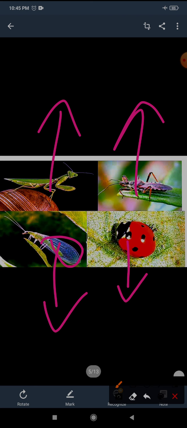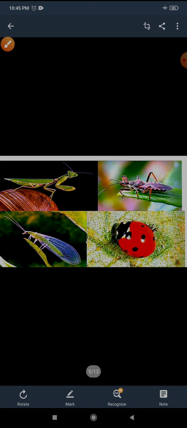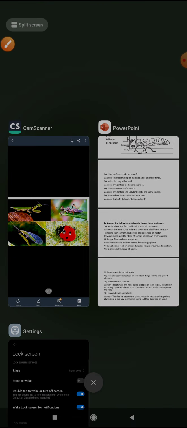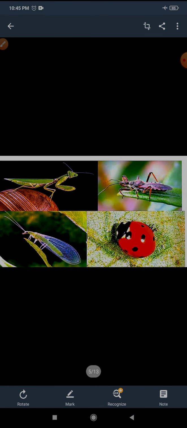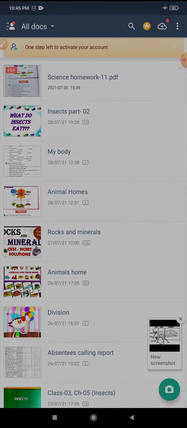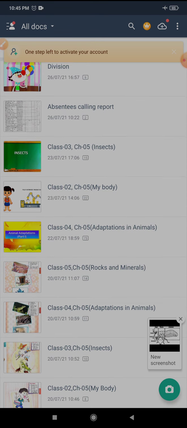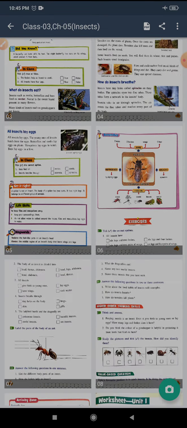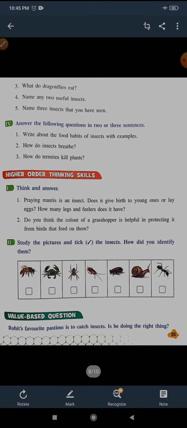Okay, so here you can see they have 2 feelers and 2 pairs of legs, meaning a total of 4 legs. Total 4 legs and 1 pair of feelers, meaning 2 feelers and 4 legs. Okay, now come to the question again. Now I think you understood how many legs and feelers it has.